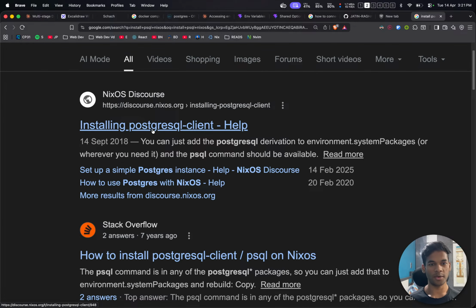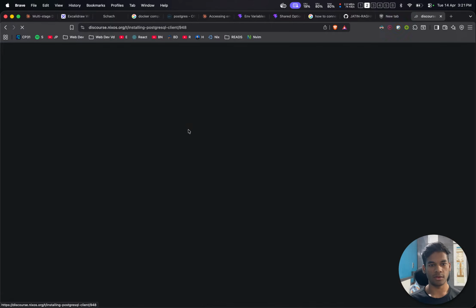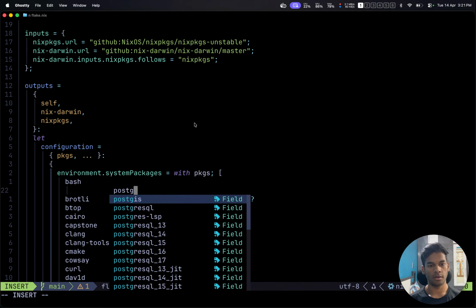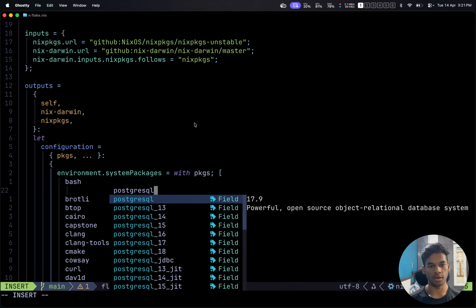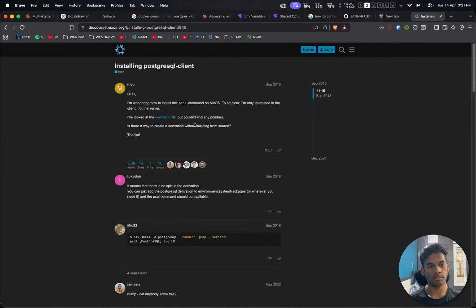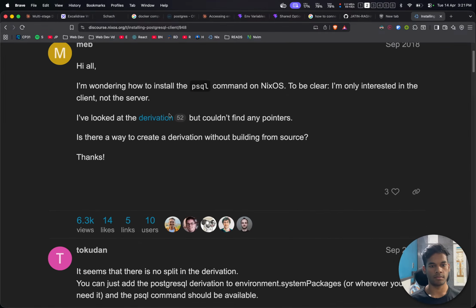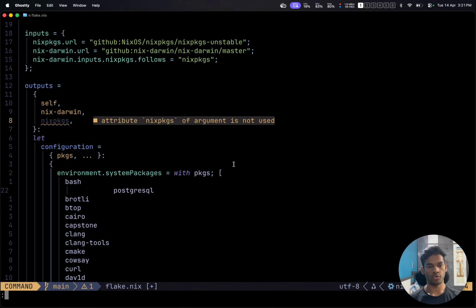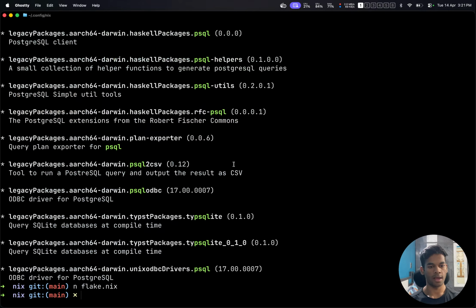I don't know. Okay, PSQL, Postgres. It is not called PSQL, it is PostgreSQL. Cool. PostgreSQL format. Cool. And now